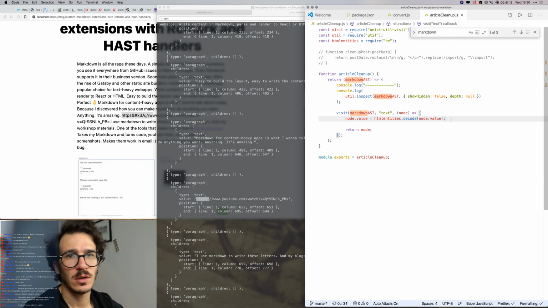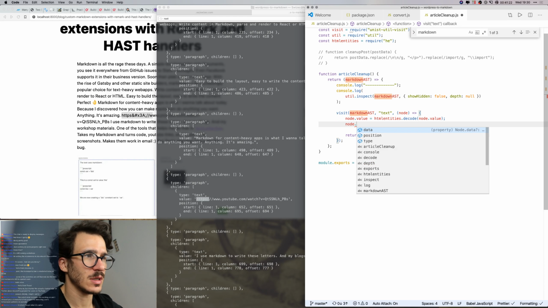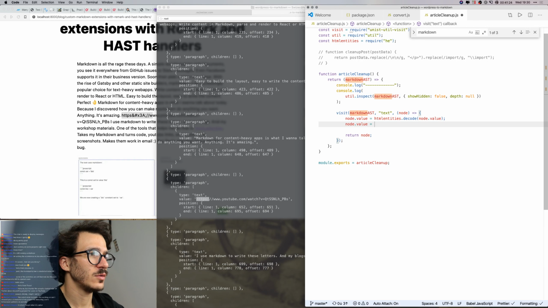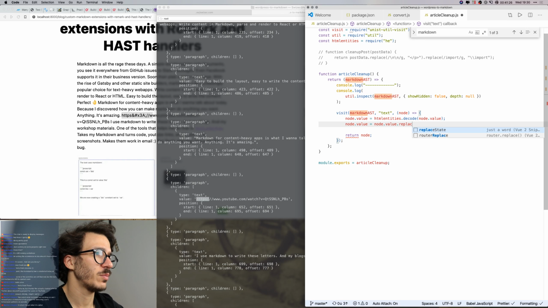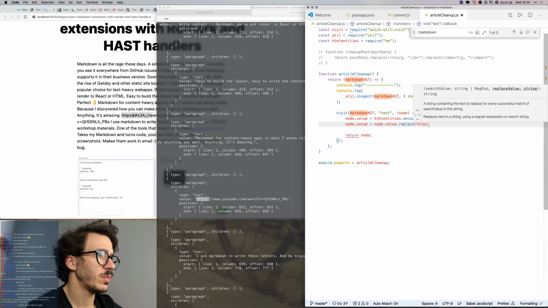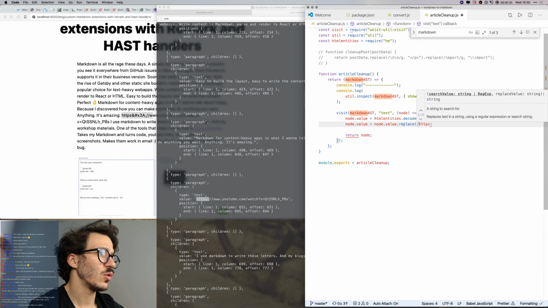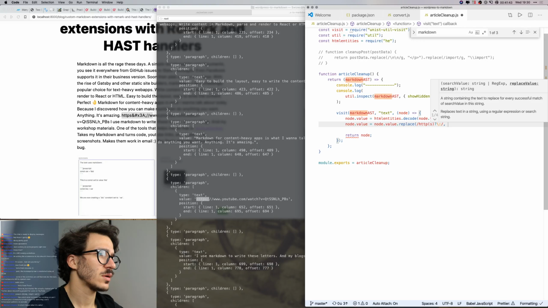So we are decoding all of the entities, first of all, then we can say node.value equals node.value.replace. We're going to replace all of these. So HTTPS, which may or may not be there, we're going to replace all of those with